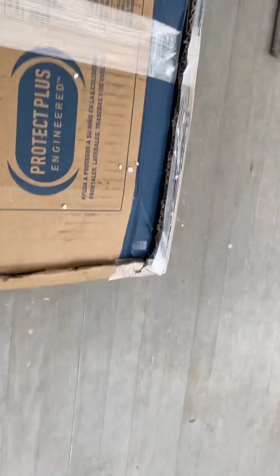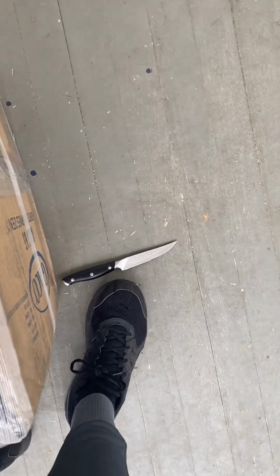waiting for quite a while. This did not take very long to get in. So, looks like it's right there. Put this all right here, and